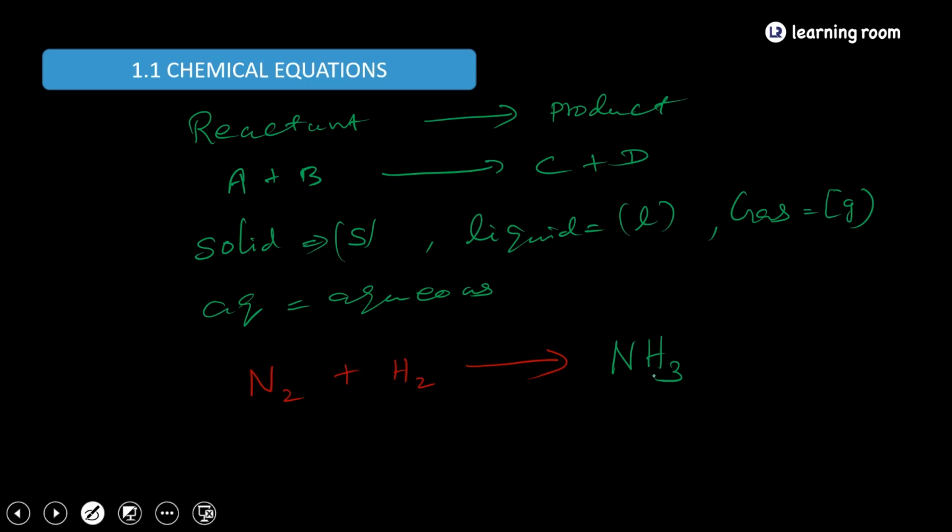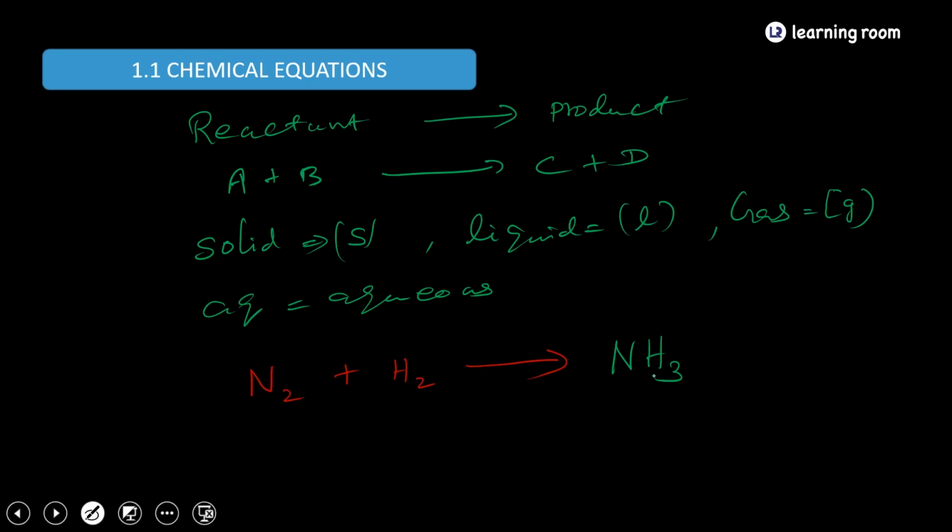Okay, for balancing the chemical reaction, there is no formal method. By means of trial and practice only, we can do that. Generally, we have to do the hit and trial method. One approach by which you can balance the chemical reaction is, first you have to balance the atoms other than hydrogen and oxygen. Then only you have to come to hydrogen and oxygen.